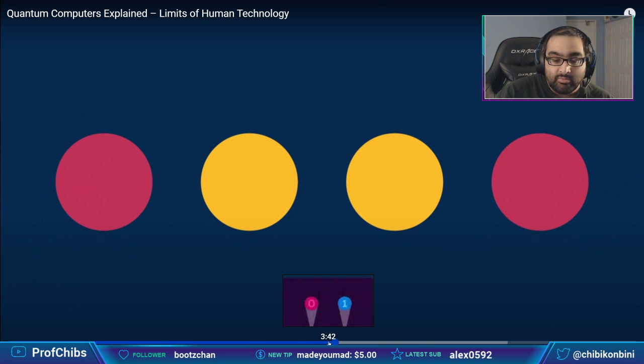With regular computers, it's a 0 all the way through, or a 1 all the way through whatever calculation that you're doing. In a quantum computer, it can take either state at any time. So it's not necessarily 0 all the way through or 1 all the way through. So that's the biggest difference between a quantum state, a qubit, and a regular computer.